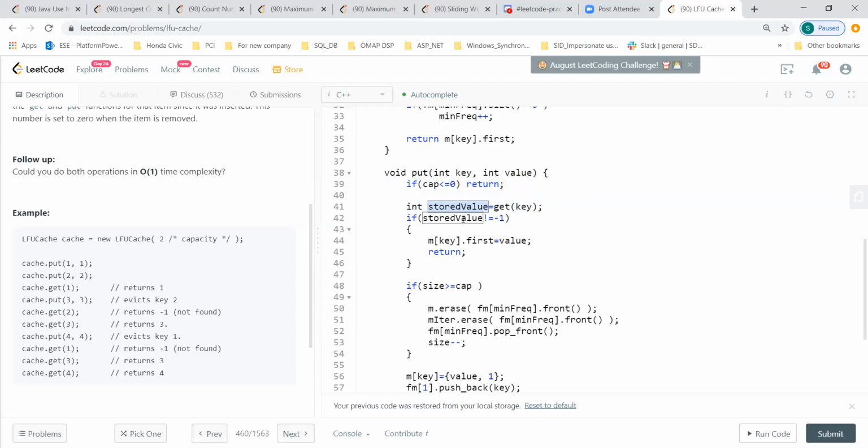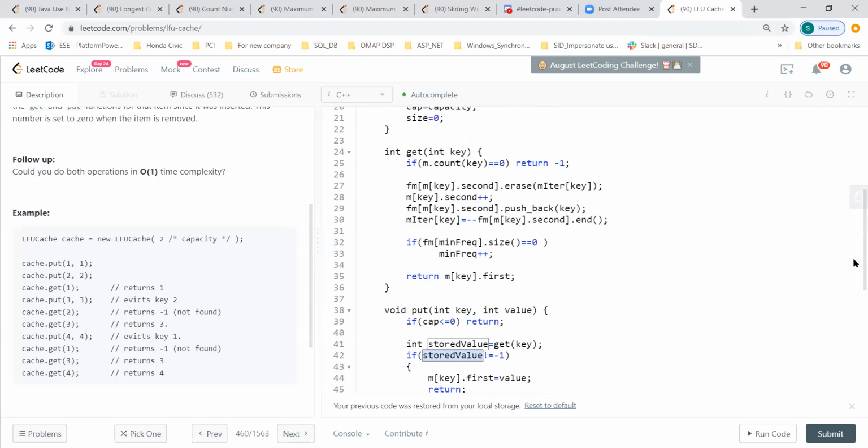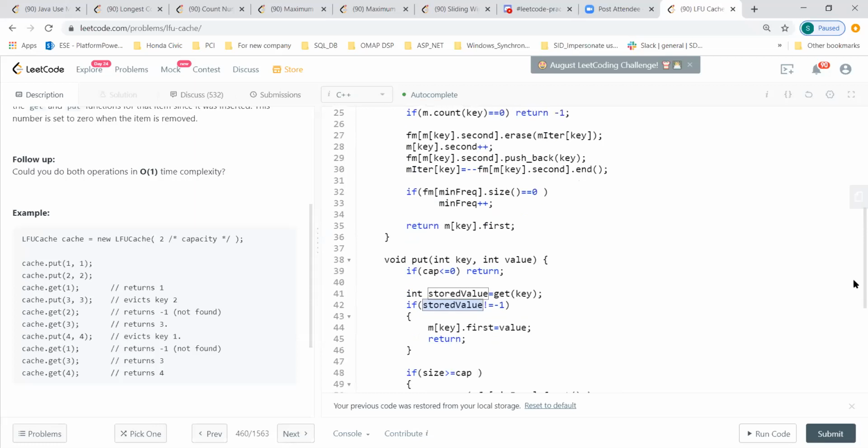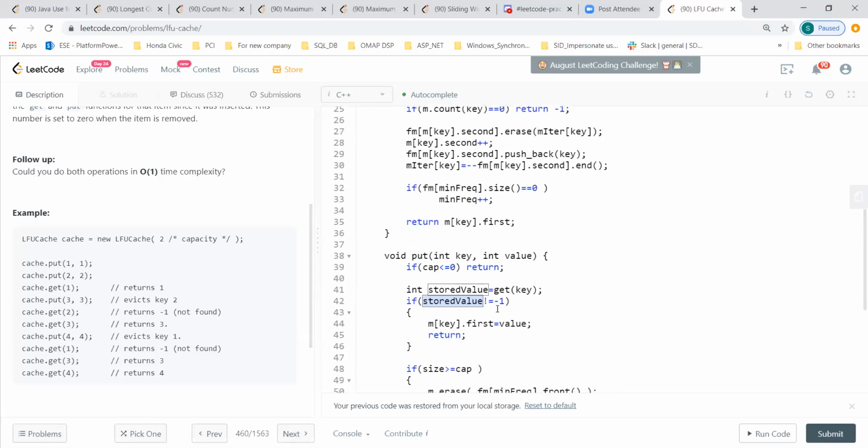And if the stored value is -1, the stored value will be -1 if it was not present, right? So it means a fresh one. So if it is a fresh one, then you again have to store the key value pair, that's all, and then return. Because you already do everything there, right?